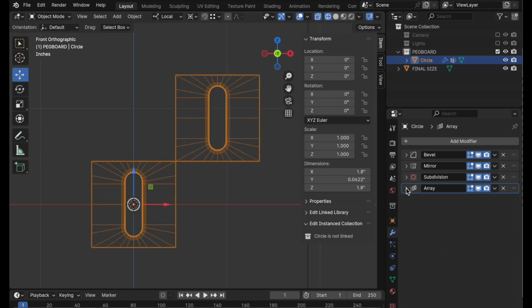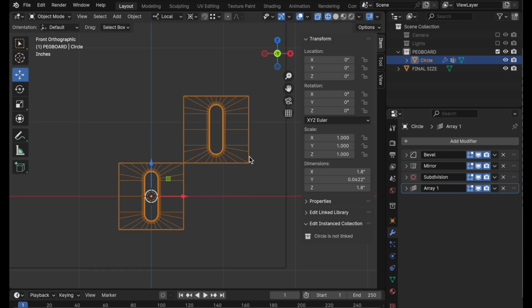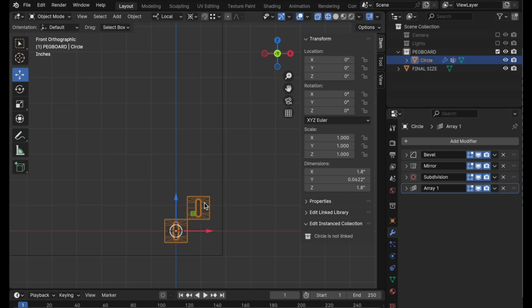So we're using this stacking approach to the modifiers, and the stacking takes the geometry that you've created and it starts at the top. This first modifier modifies the geometry and then hands that off to the next modifier, which modifies the geometry and hands off its geometry to the next modifier, and it just works down the stack like that. So I'm going to call this one array 1